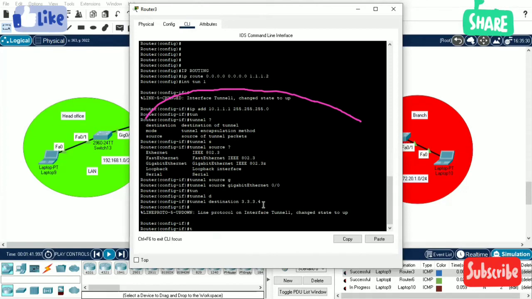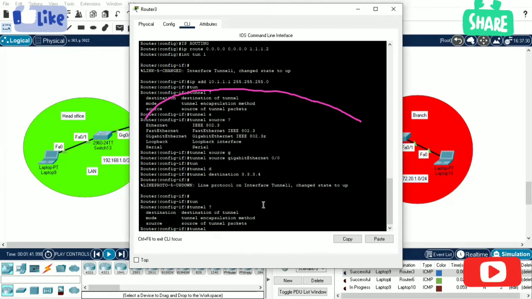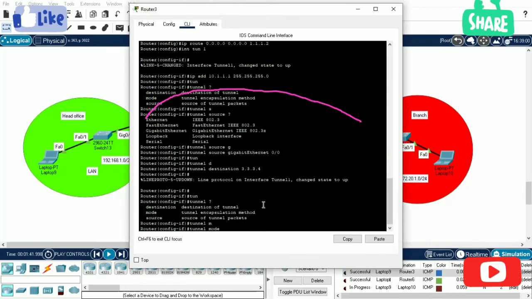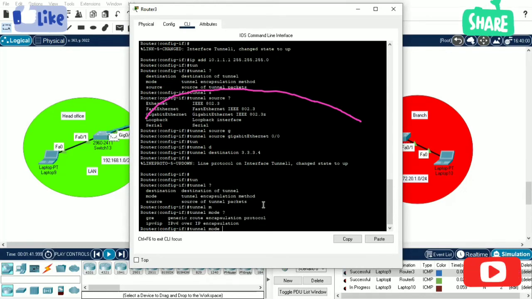Then tunnel mode. We have two types of tunnel mode, GRE and IPIP. GRE is the more advanced tunnel mode, which supports IPv6 as well as IPv4, and it also encapsulates the layer 4 header, which is the port.